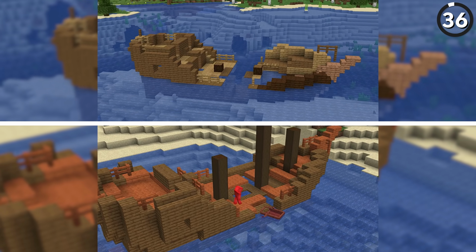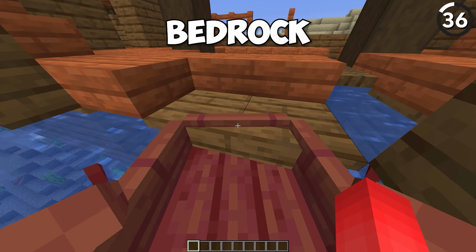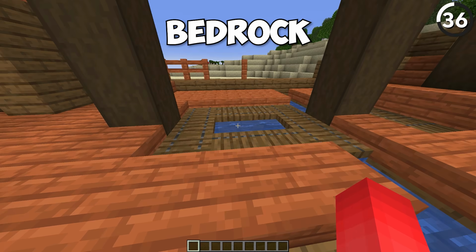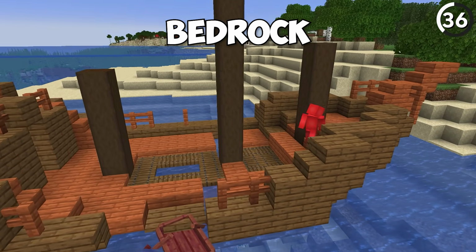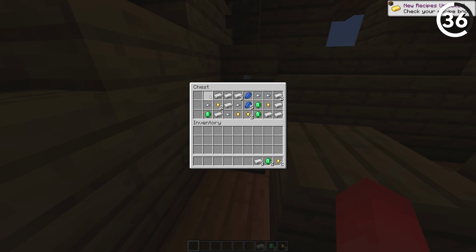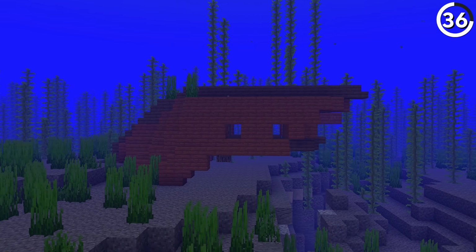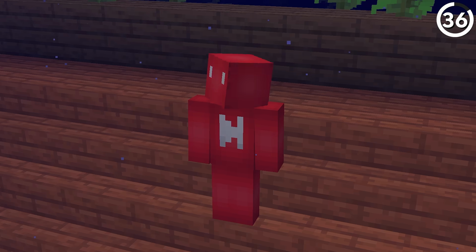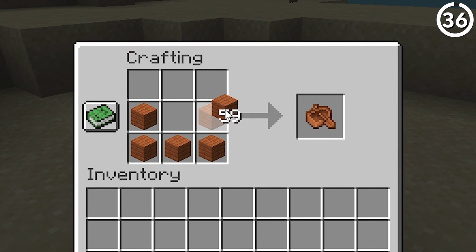What's the difference between these two shipwrecks? Well, on Bedrock Edition, it's possible for a shipwreck to spawn made out of acacia wood, but you're only going to find it in that version, which I think means we can infer that all the boats made out of acacia wood are either still floating on Java, or that any boats made out of acacia wood were just doomed to sink and not worth building in the first place. But at least we can still craft an acacia boat this way.